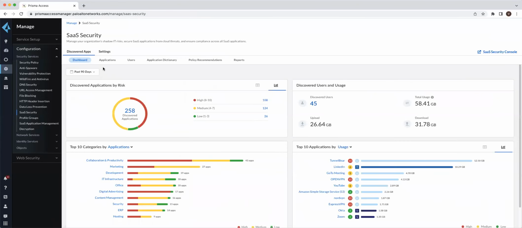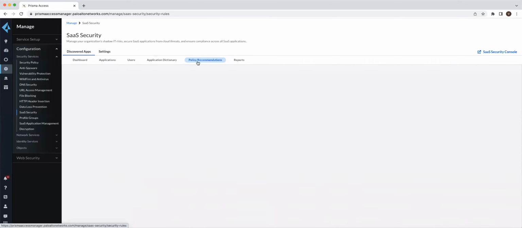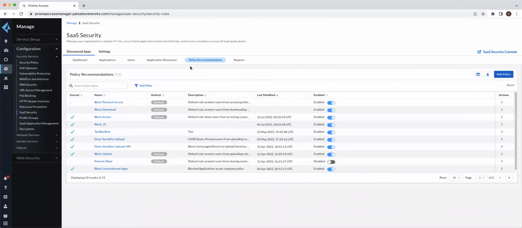The SaaS security dashboard gives you a view of how the applications are performing. Also, if the admin wants to tag newly discovered applications as sanctioned, unsanctioned, or tolerated, you can actually do that. And then there is also a concept of policy recommendation. The idea with policy recommendation is